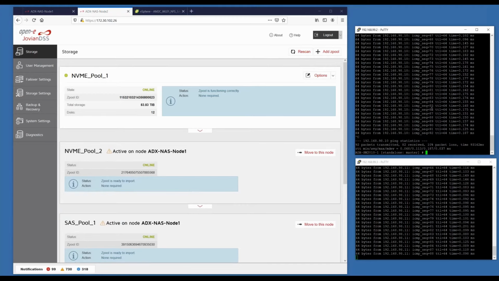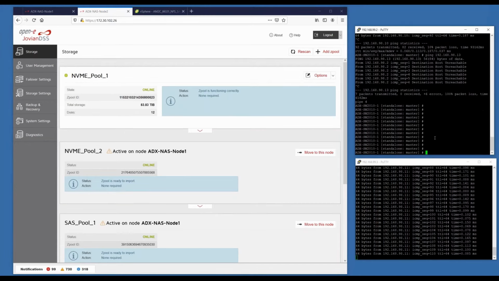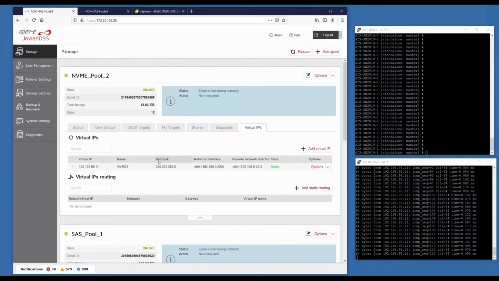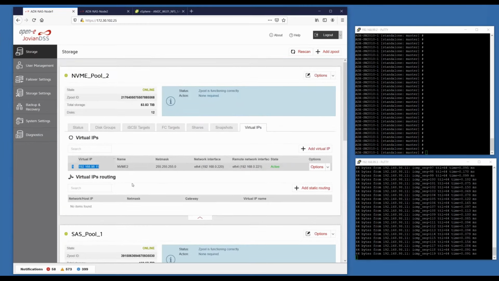So I will stop that ping and start this up on the SAS node again, just to have different, because the entire time this was pinging another node, and I didn't notice any appreciable difference in latency. Let me do the second node. Clear that up. So the second node is 98.11 again. That's this guy. That's the NVMe pool 2.